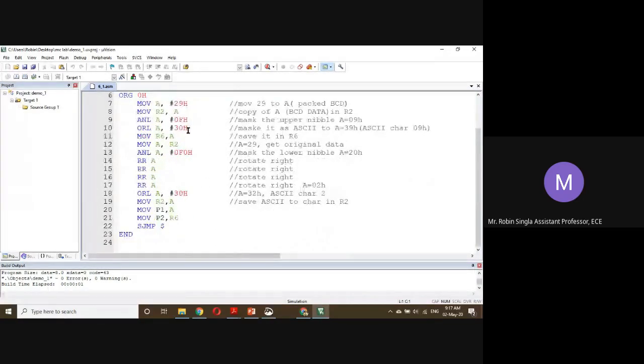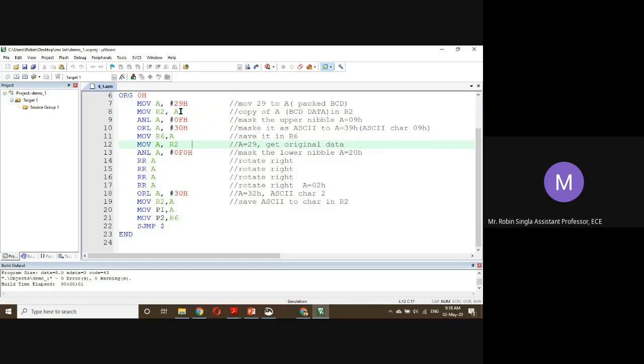Just now I already explained, the number we have started with is 29, and first we stored this 29 somewhere in register R2, and then we do AND logic of 29 with 0F. After performing AND logic with 0F, A will become 09. Then we will add 30 using OR logic. Now 39.